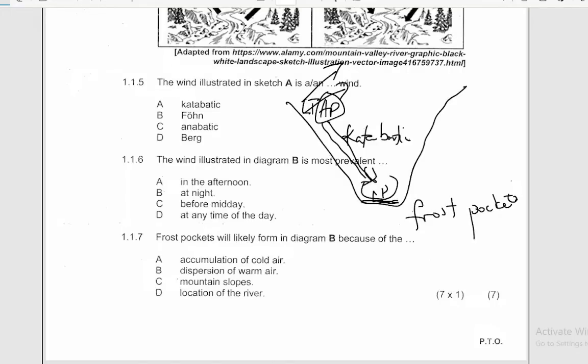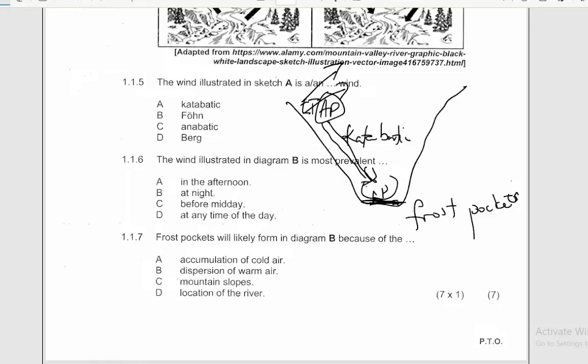What are those frost pockets? You tend to find that on the valley floor here, we have accumulation of ice on some clear cloudless nights because of the incoming katabatic winds. These winds are very cold. They are originating from a ground surface which is very cold. They are cooled by the ground surface, and as they go down, they will condense, and sometimes the condensation level,